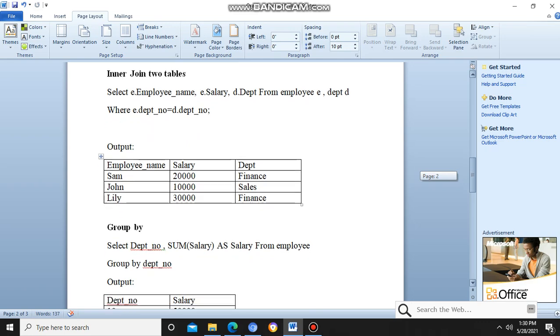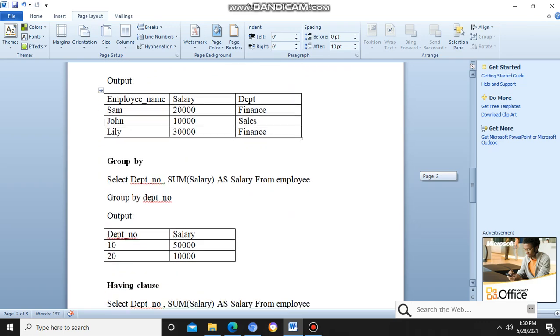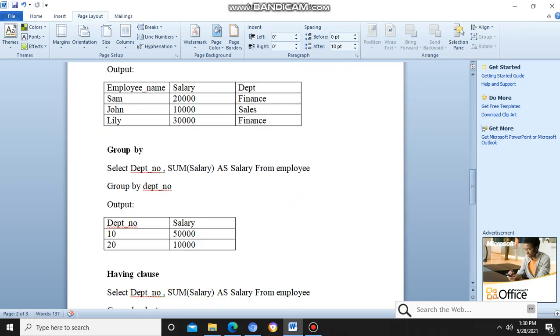Next one is the group by clause. Whenever we want to aggregate any number at a certain level, we will use the group by clause. Here we are trying to aggregate the salary at the department number level. So we are using the syntax of select department number and sum of salary from employee table group by department number.